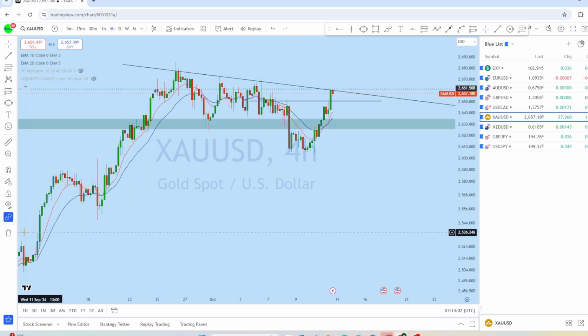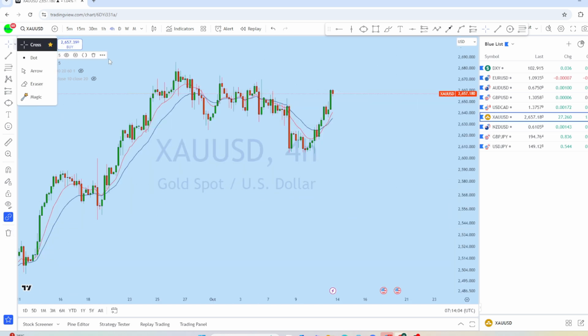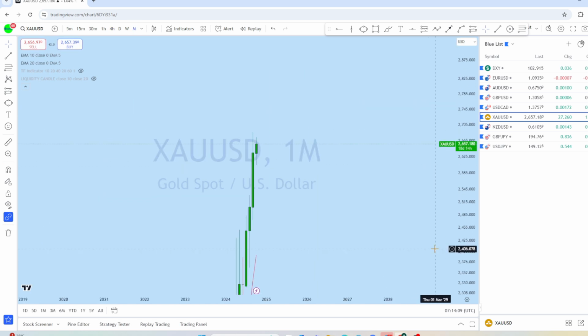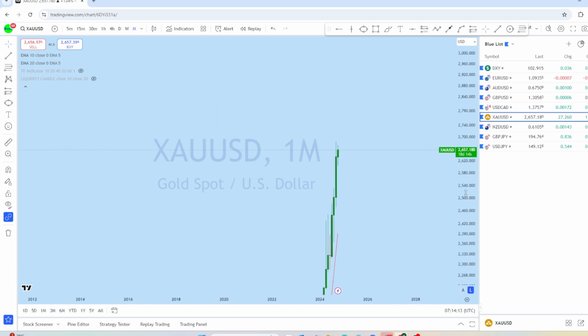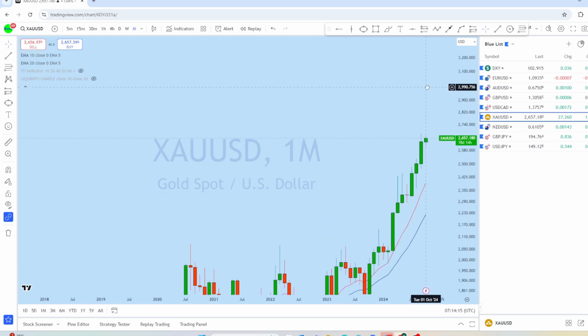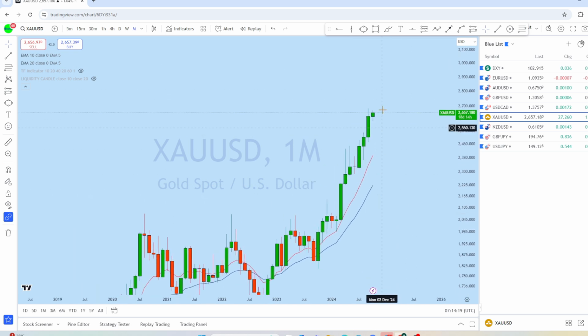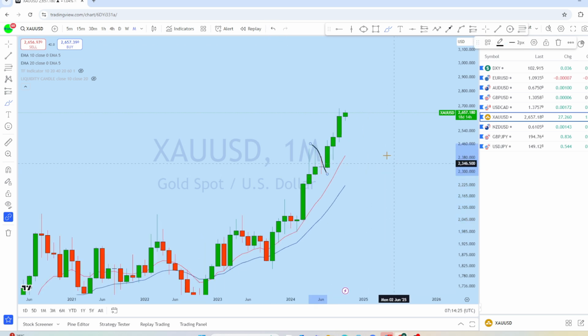Now let's look at XAUUSD gold to see what kind of opportunity we have, looking at the monthly chart to see the overall picture in the market. Now looking at the monthly on XAUUSD, we can see this is a monthly impulse. From here we can see there is very strong momentum followed by a pullback, and we can see that there is another momentum on XAUUSD.